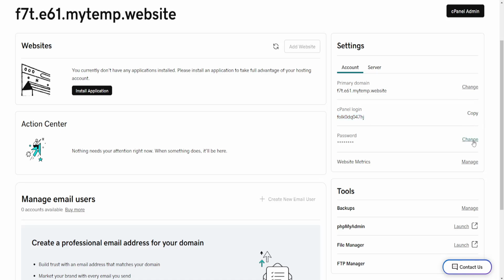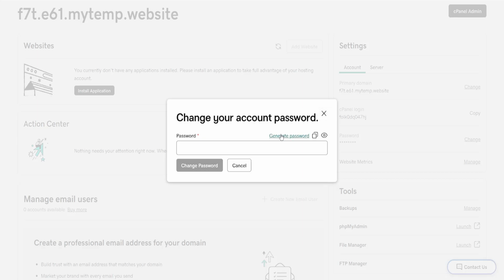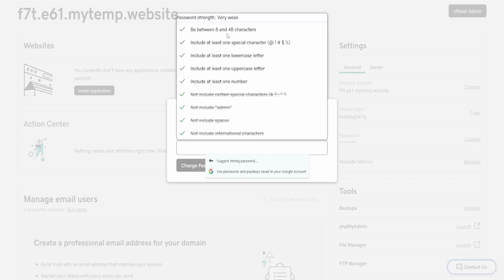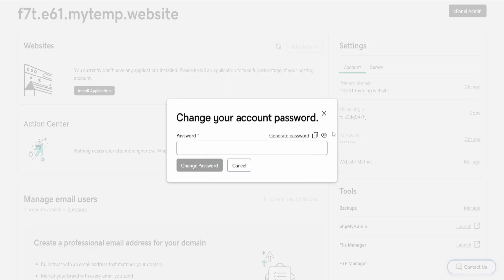And for the password, if we click on change here, then if we left click, it's going to show us all of the requirements for a password here. And we can generate a new password by clicking on this button. And if we want to view it, we'll just click on this icon and it's going to reveal the password